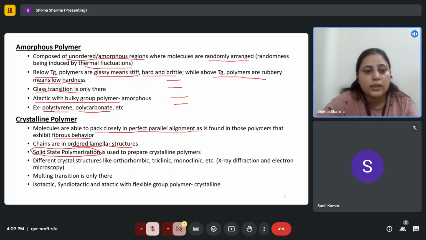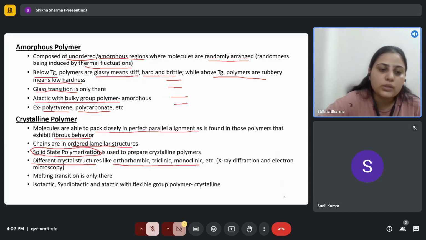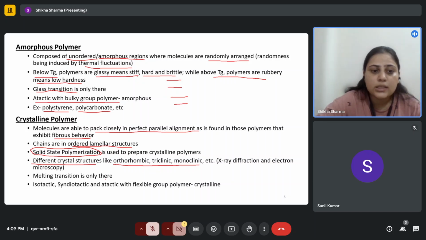And also in the crystalline polymer, there is the formation of crystals. Crystal structure is there. The crystal can be of any structure. The units can be of any arrangement, like orthorhombic, triclinic, or monoclinic. When we see through XRD or electron microscopy, we can see that the crystal structure can be of any type. Also, it has a concept of melting transition,